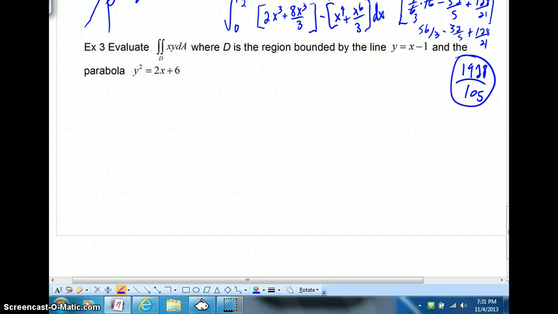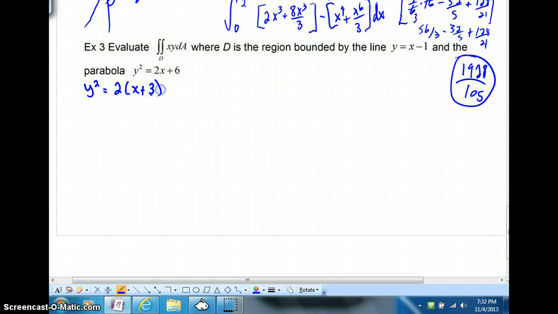Picking up with example 3 from lesson 15.3, we're going to look at the integral of xy dA, where D is a region bounded by a line y equals x minus 1, and a parabola y squared equals 2x plus 6. Now, as soon as we see y squared equals 2x plus 6, I hope this reminds you of your